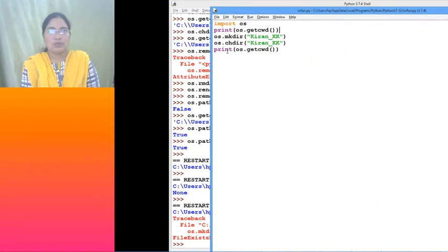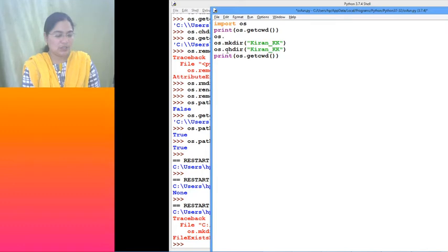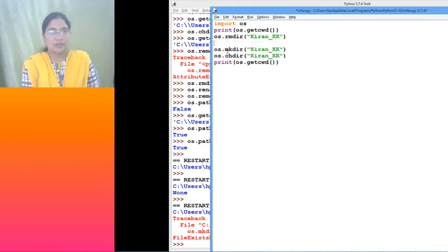So before creating, let us first remove. If it exists, it will remove, isn't it? So how do we remove? rmdir for a directory. If you want to remove a file, remove is the function we use. First let us check whether it exists or not.